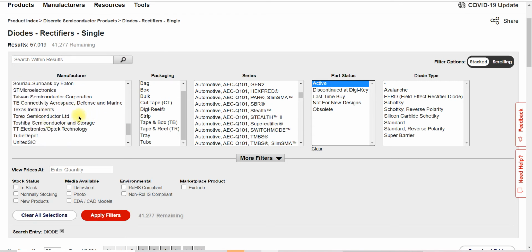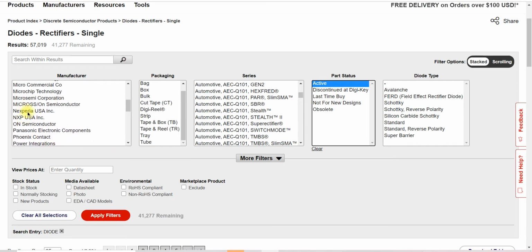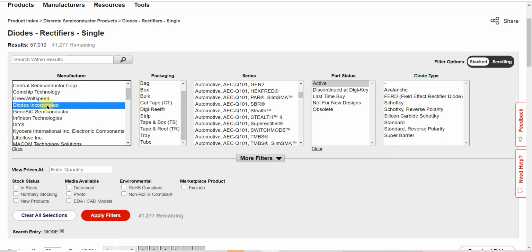You can select any particular company. I did not select anything. You can select Diodes Incorporated, or Littelfuse is also very good in diodes. You can select by clicking on the company, and you can clear the selection also.